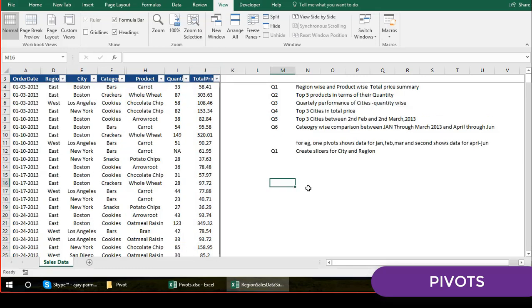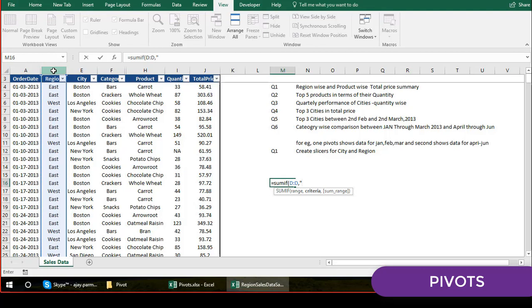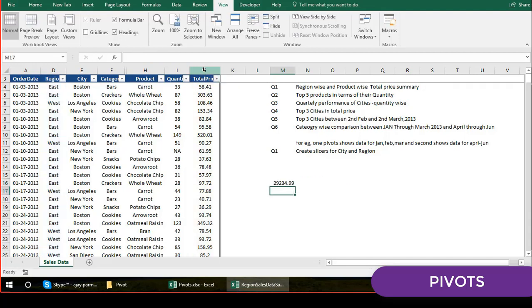The second option is you may go ahead and use the SUMIF. So maybe you can say that SUMIF, and then you use the range. So what is the range? So basically in this range, for example, this is my range. I put the criteria called east. We have learned all these things, right? I put the criteria as east, and then I go in this sum range, which is this sum range, total price. Okay, I select this entire range and I press enter. As you see that the same amount is coming.